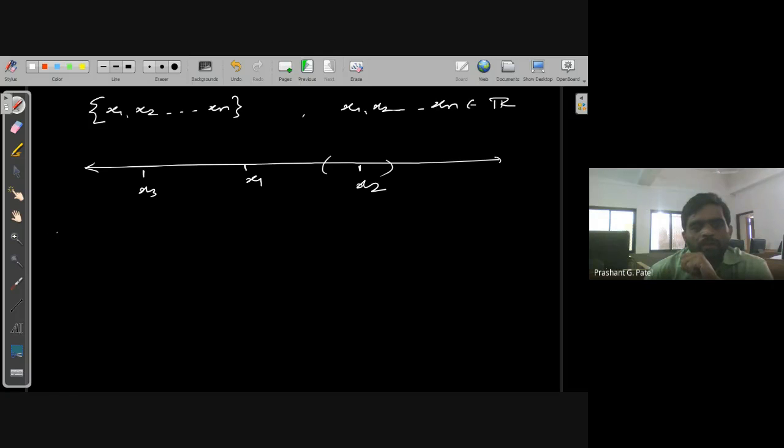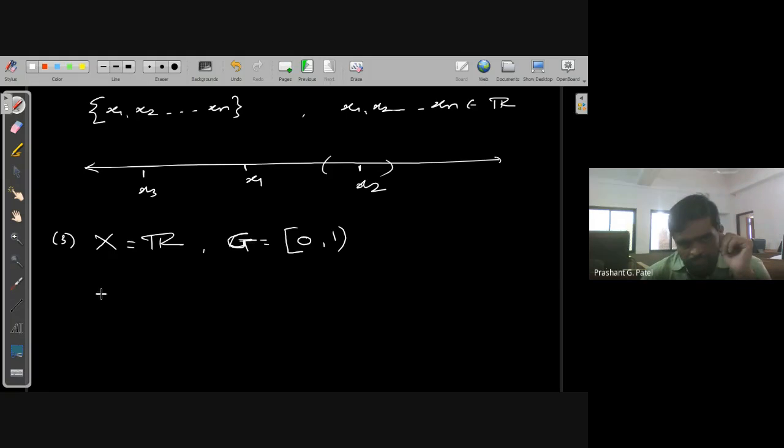Let's talk about the third example. Let's say X is equal to R, and the set G I am taking as the interval closed 0, open 1. Can we say that this is an open set? What is your idea?